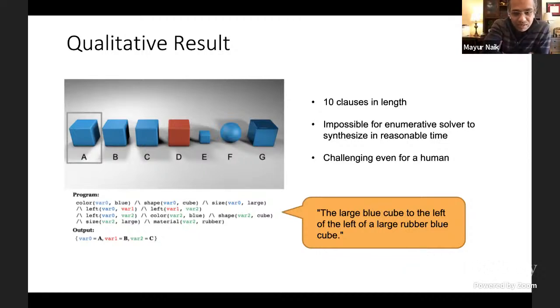It is saying that the object being referred to is the large blue cube to the left of a large rubber blue cube. Okay, and the reason to say that this is a rubber cube is because at the other extreme, G is a metal cube. Okay,